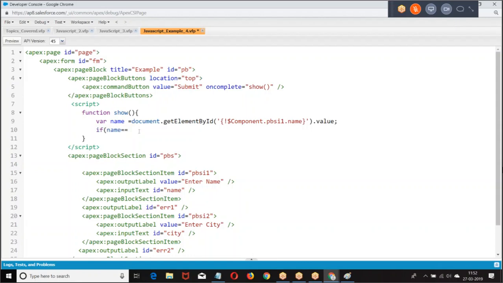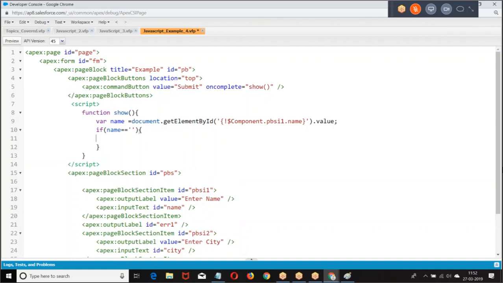So I took the name equal to document dot get element by ID, you put it dollar component dot page block section dot error 1.